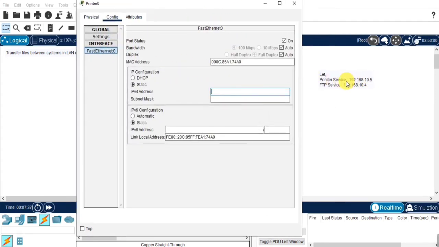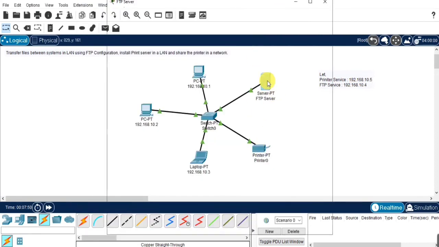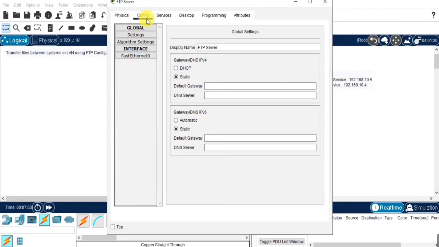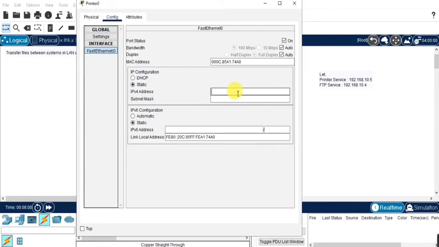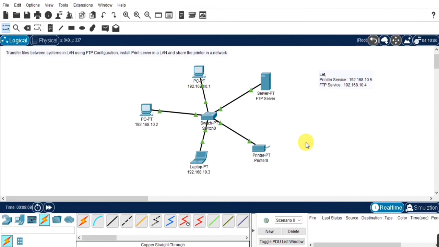Go to the printer. Then give the IP address for the printer that you have set. By mistake, if we have given an already existing IP address, it will show that the address is already being used in this network. So we need to check back what the IP address is, whether we have given an incorrect one or not. Once we have given the IP address for the printer and server, now we will set the IP address for the devices.